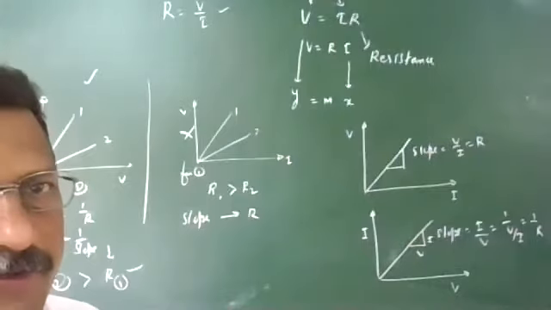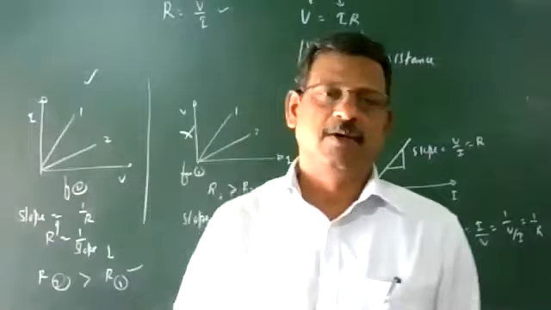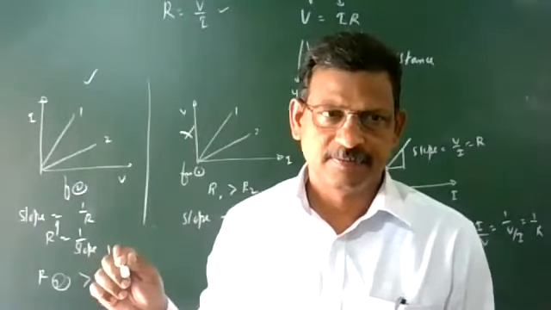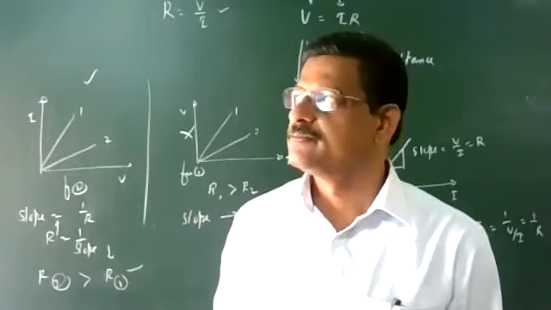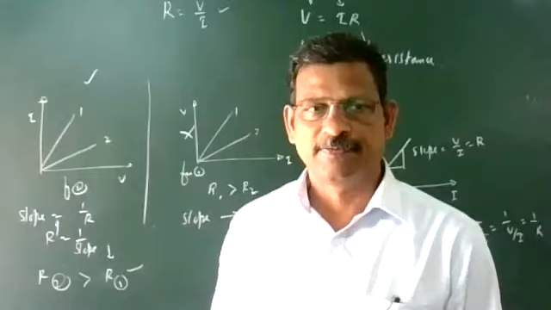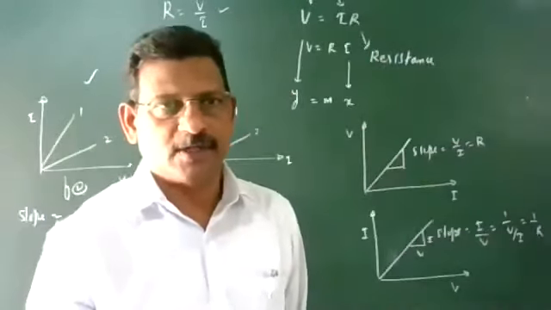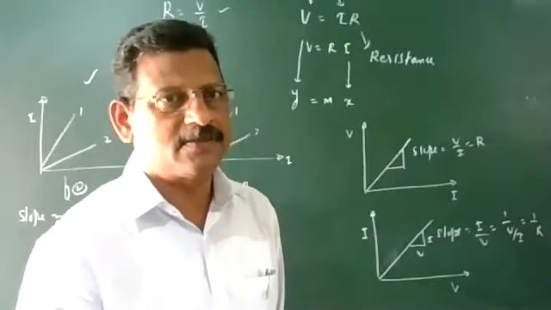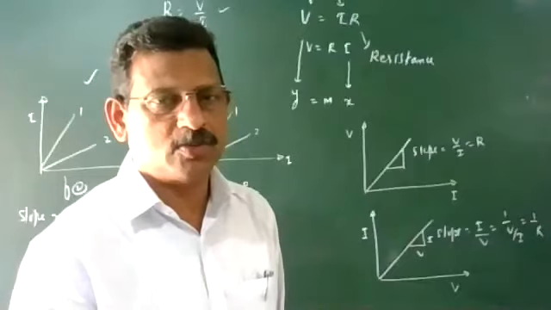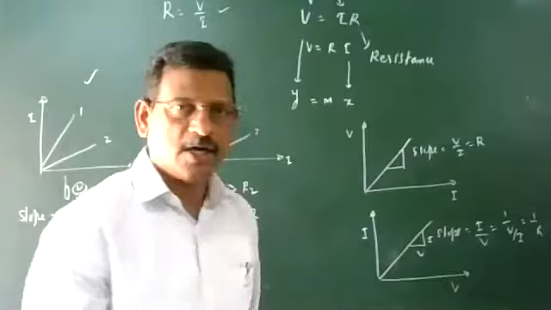What is the value of drift velocity? Nachiketa? Value of drift velocity. Sir, 10 to the power minus 5 meter per second. Okay, 10 to the power minus 5 meter per second is the drift velocity. So it is because of the collision. The cause of resistance, what is the main reason? That is because of the collision of electrons while drifting from negative to the positive potential.